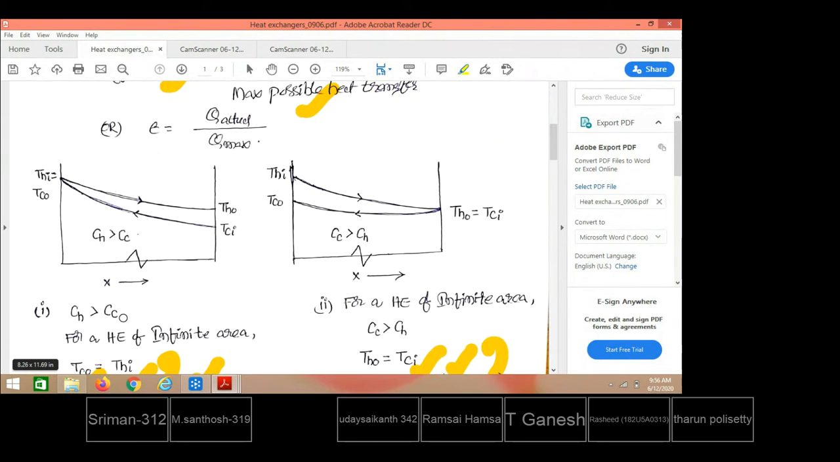If the specific heats are the same for both fluids, no fluid can reject the heat and no fluid can absorb the heat. So that is why in this case we have assumed the hot fluid has more heat capacity than the cold fluid. That means more heat is available from the hot fluid, and the cold fluid is eager to receive any amount of heat that comes. Therefore, Ch is greater than Cc, meaning the hot fluid heat capacity is more compared to the cold fluid heat